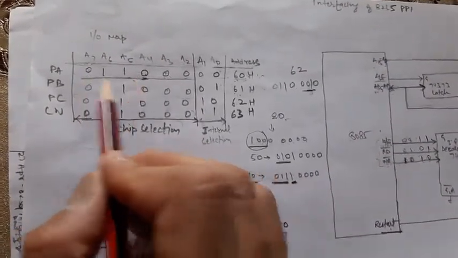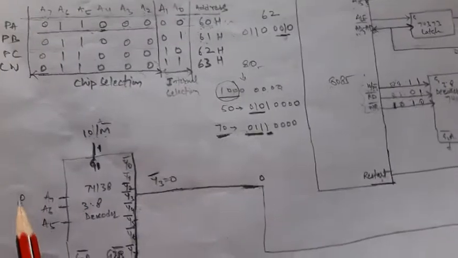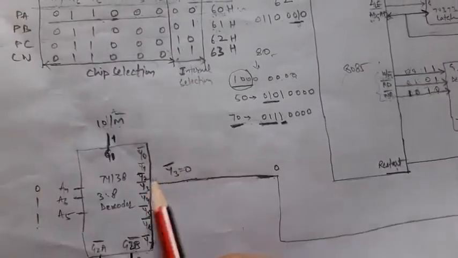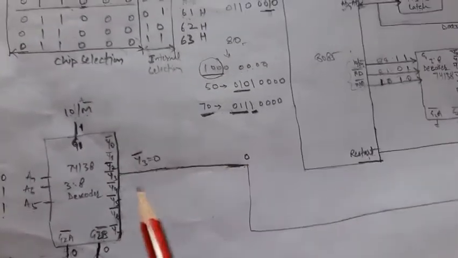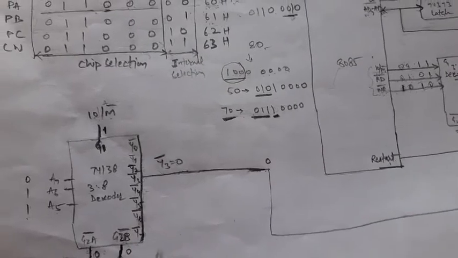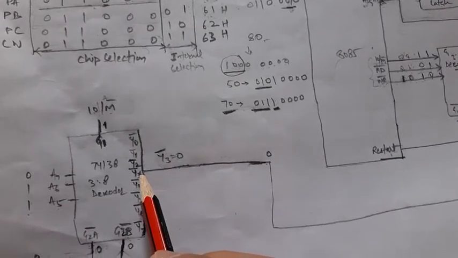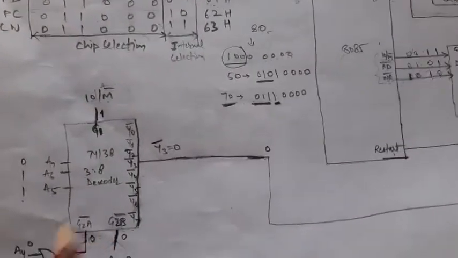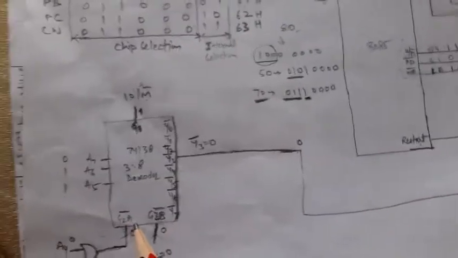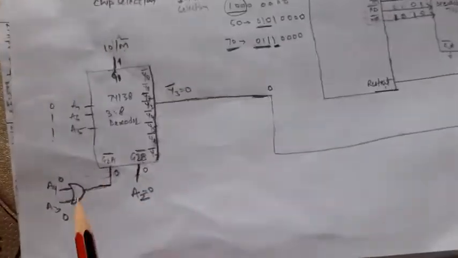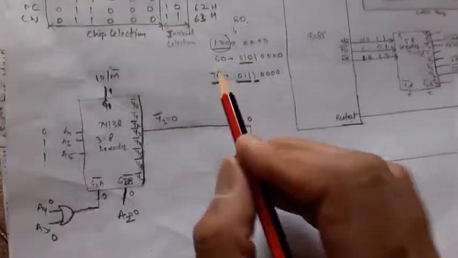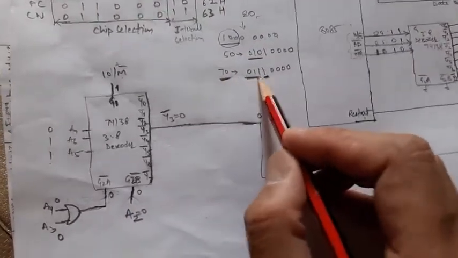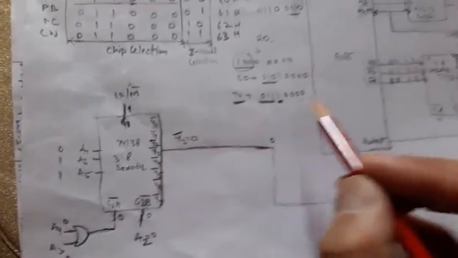as in 60, 011. So these 011 will be given over here and Y3 will be selected, but this is not the full thing. Only whether this Y3 is selected and it is connected to chip select, then this chip will be selected, because this decoder has to be enabled, and for enabling the decoder we have put these conditions also. So let us see whether these conditions are satisfied in the address 70 or not. So 011, Y3 will be selected.